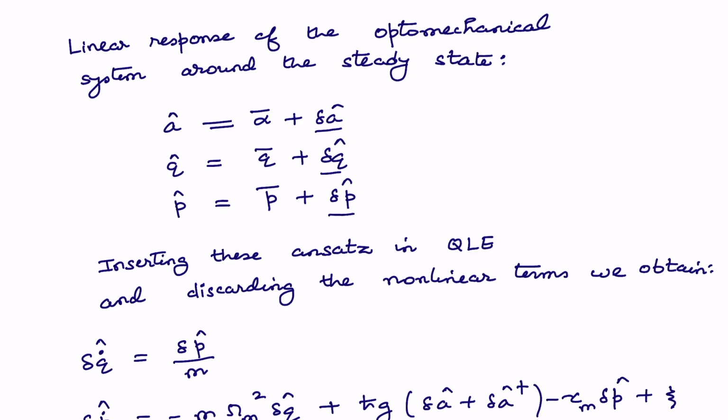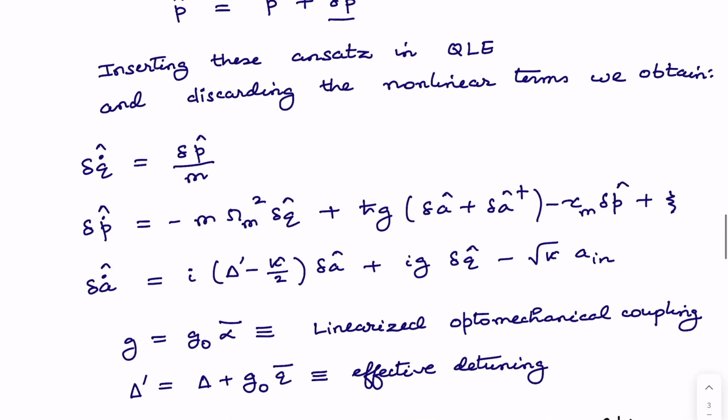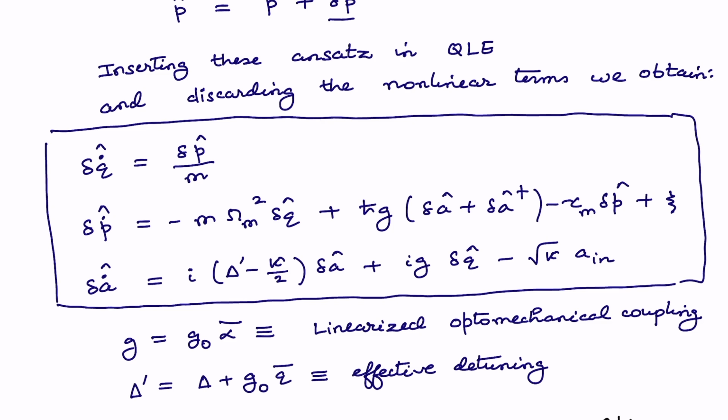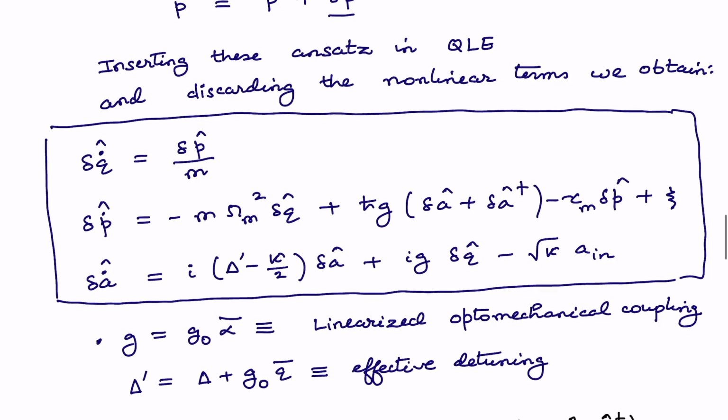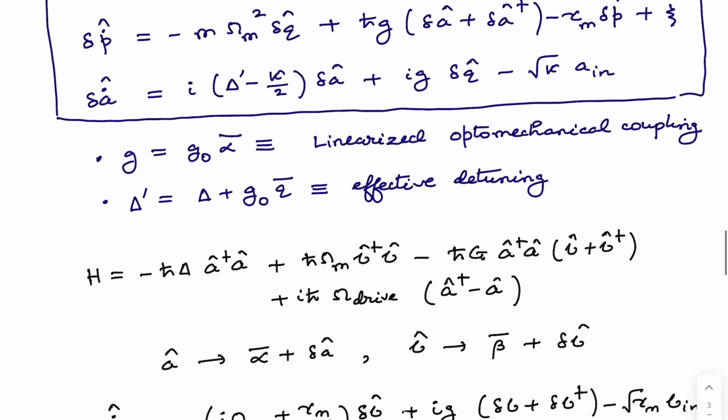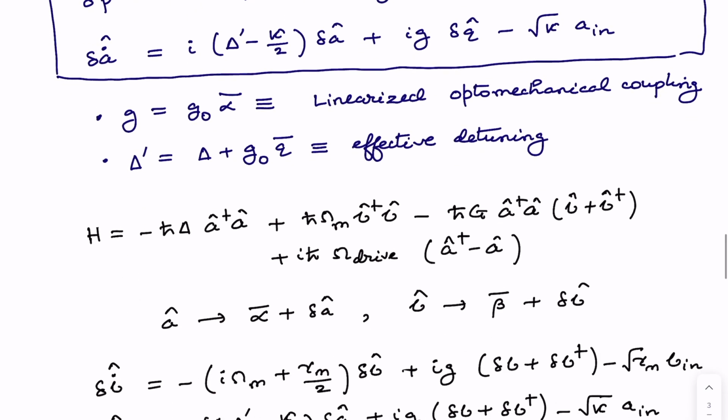So ignoring these nonlinear terms, we obtain this set of three evolution equations for these fluctuating operators q, p, and a. These are the equations we obtain. Here this z is equal to z0 alpha bar, that is the linearized optomechanical coupling, and delta dash is the effective detuning. And we can actually write these equations in the linear regime